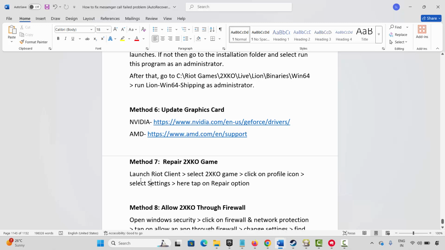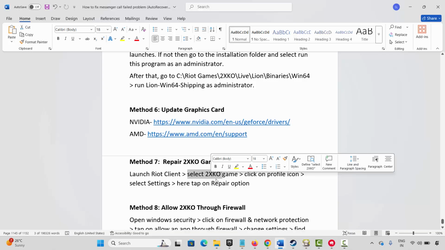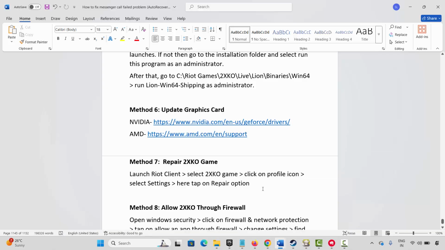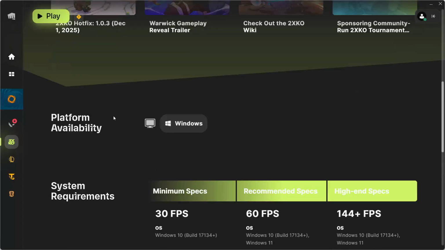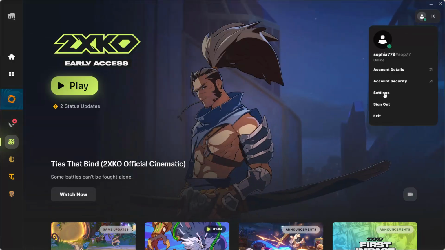So for that you have to first launch a Riot client game or app, and after that select the game and then go to the profile icon, select settings and click on repair option. So go to the Riot client and select the game over here. Now click on the profile icon. Now go to settings,